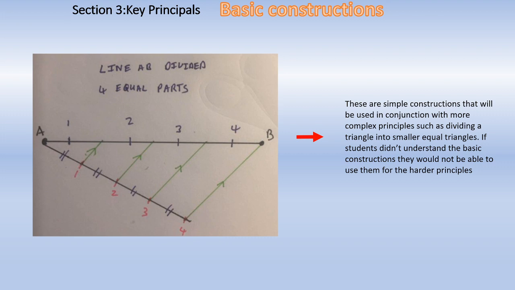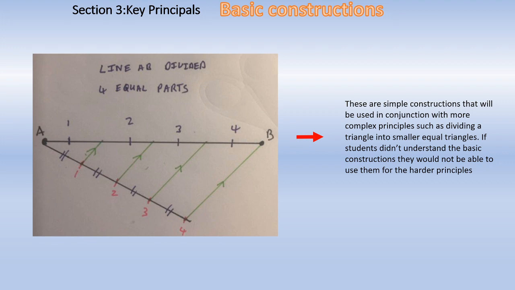Another one is dividing a line into equal parts. This becomes useful when dividing your triangle into triangles in a ratio. So you have your line AB and you want to divide it into 4 equal parts. So first off, you draw a line out, we can see there at any angle, doesn't matter, and we step off 4 equal measurements using a compass. So as we can see with our double purple lines, that shows that they're all equal, and label them 1,